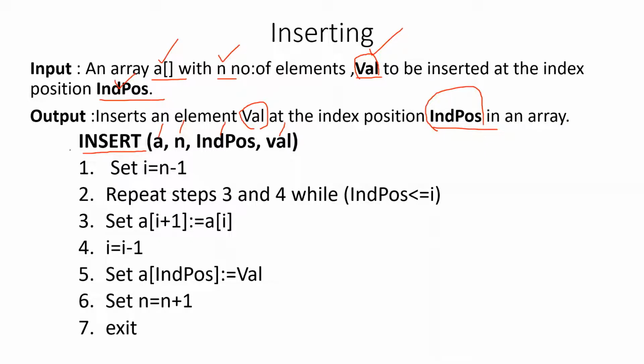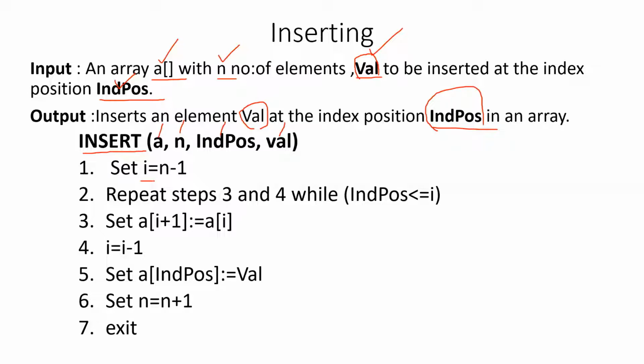Now, what are the steps for the algorithm? The first step is we have to imagine this as an index position. So conversion of position to index position is done in the main itself, or before calling the insert function. Now inside the insert function, we are using a variable called I. This I value, we are setting it as n minus 1.